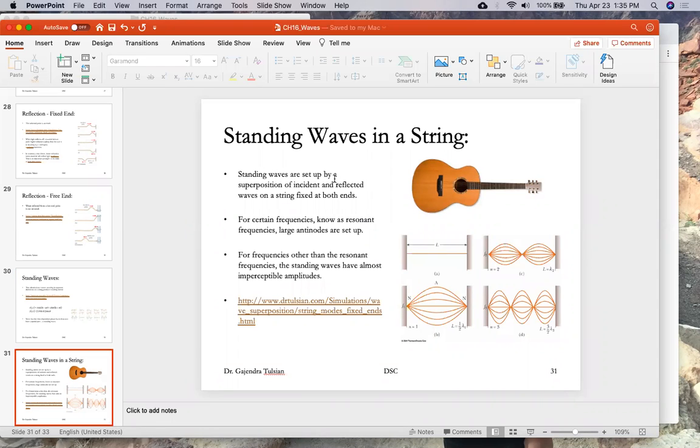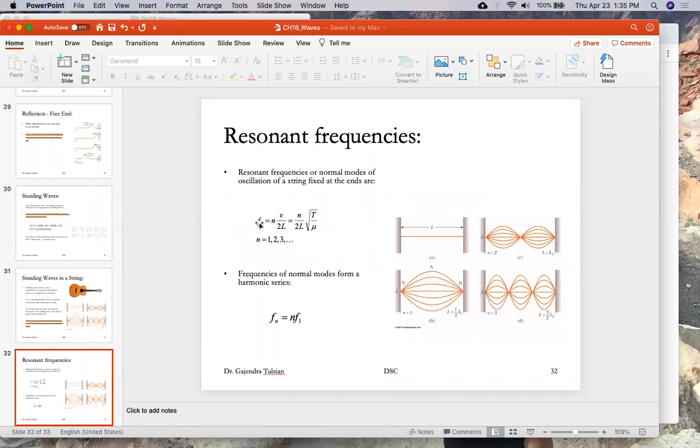So standing waves are set up by superposition of incident and reflected waves on a string fixed at both ends. Only for resonant frequencies, which are the natural frequencies of oscillation of the system. So the natural frequencies of oscillation for this string are these. The natural frequencies are given by